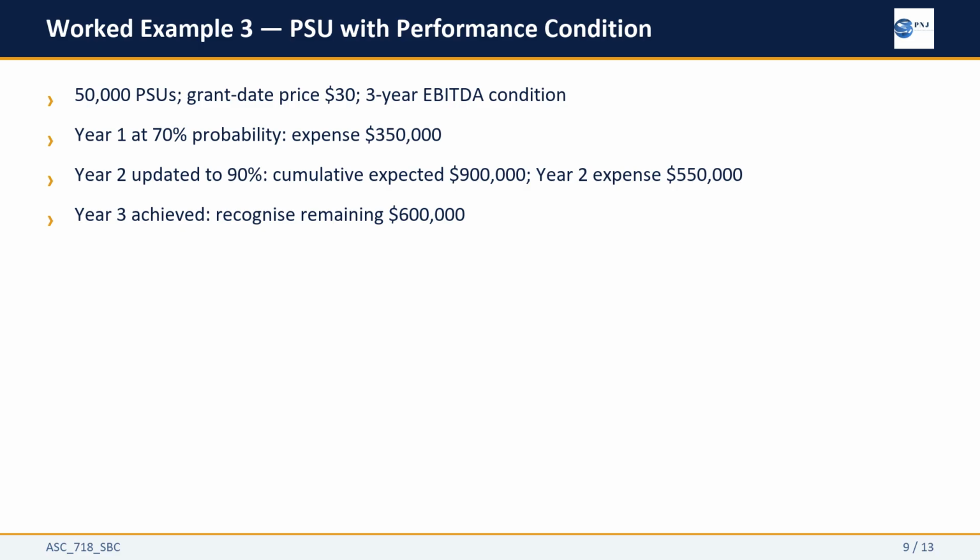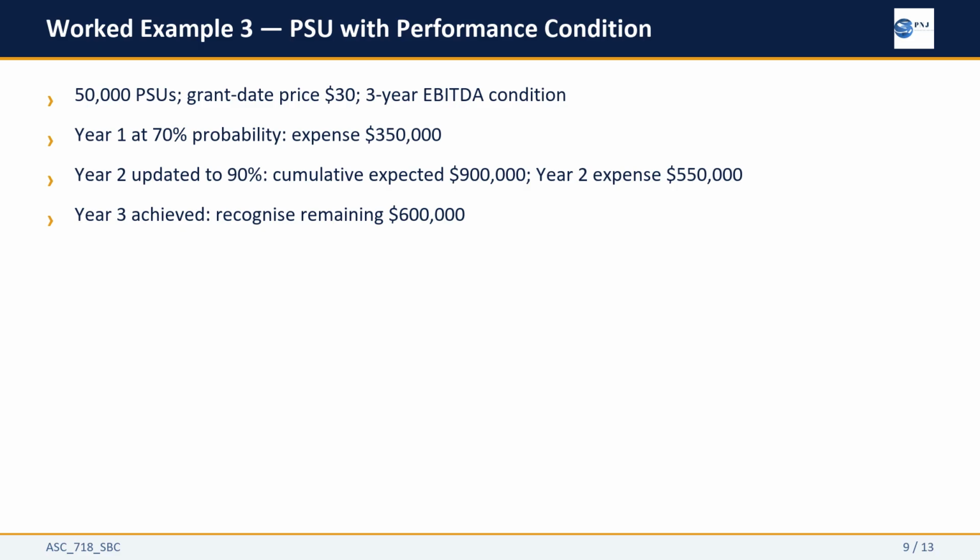In year 2, the estimate rises to 90%. The cumulative expense that should have been recognized through year 2 is 50,000 times $30 times 90% times 2/3, $900,000. Subtract the $350,000 already recognized, and year 2 expense is